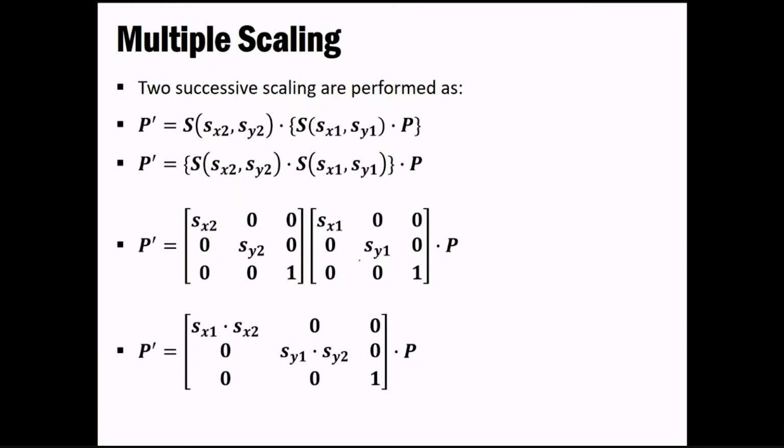As you can see, this is getting multiplied with this, so it would give us sx1 sx2. A similar thing is to be followed for this column, and that would give you the remaining thing. So that is to be followed for each and everything. Because we have zeros over here, we are getting a zero value over here, because we are multiplying zero with sy1. So you'll get a zero value over here.